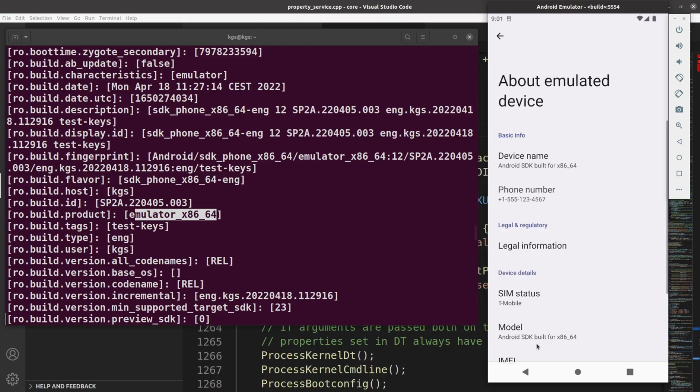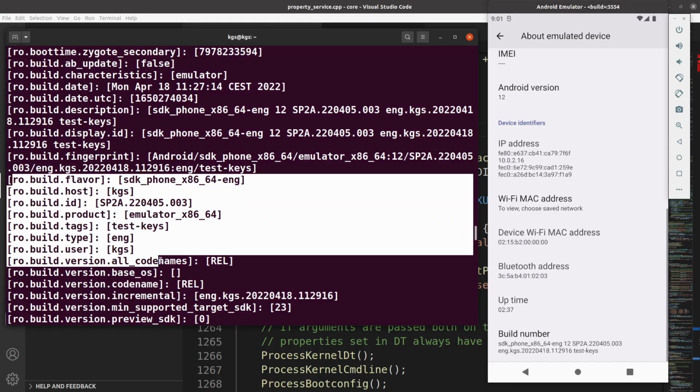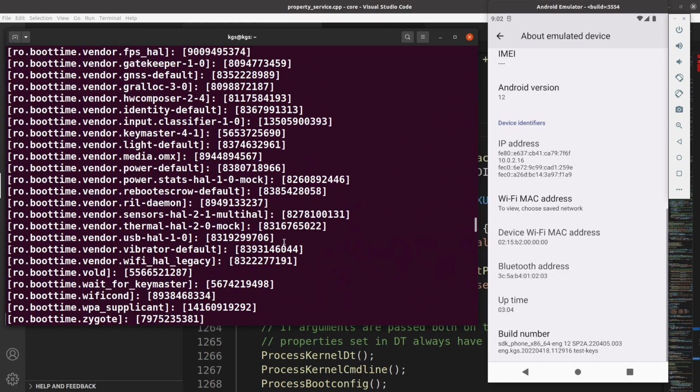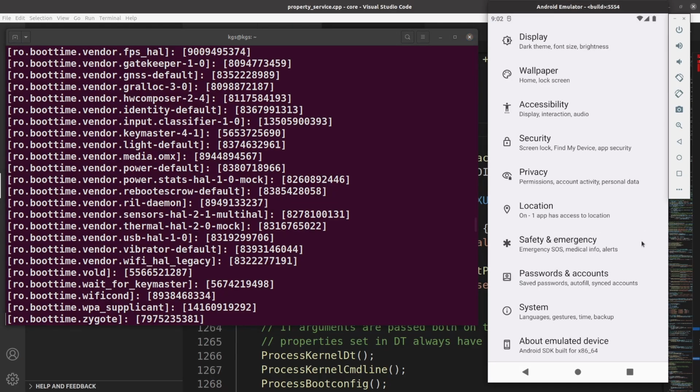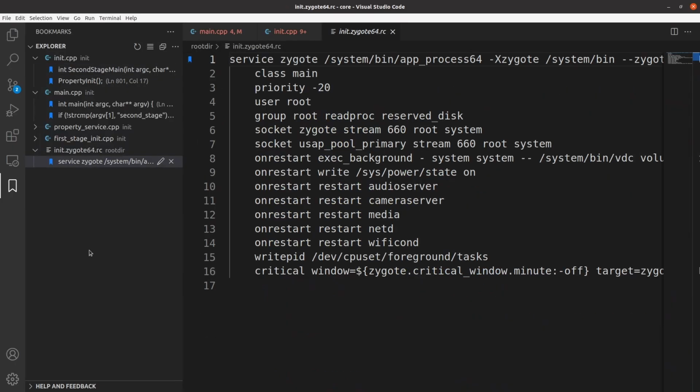For example, if you go to About emulator, here you can see the build number. The build number is built from these build properties; it's basically a concatenation of all of these. Similarly, all these properties are used in many places within the OS while booting up, and also after booting up. They are used for many purposes. You can even have a runtime resource overlay based on these properties. So property init loads all the properties, and then we have the init